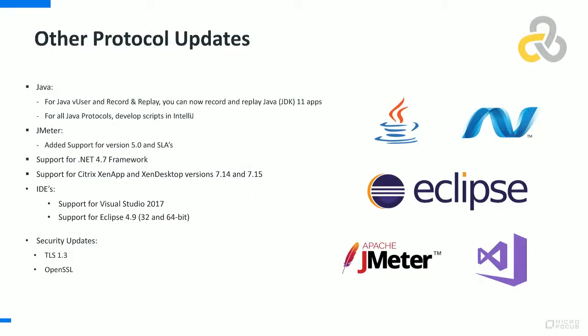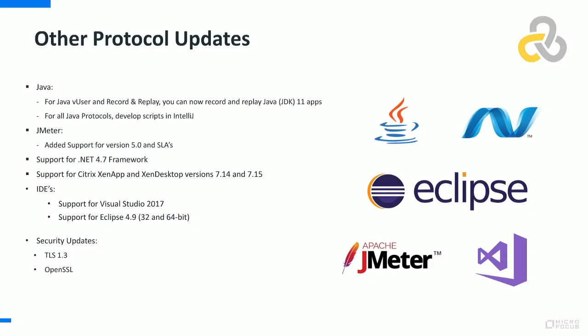Some of the additional updates that we did to the other protocols in the family: for the Java vUser protocol, as well as the Java record and replay protocol, you can now record and replay Java 11 apps. And these are applications that have been built off of the Java 11 JDK. For all of the Java protocols, you can also now develop scripts in IntelliJ. Specifically for LoadRunner, we added support of JMeter 5.0, which also includes supporting SLAs, service level agreements for JMeter scripts